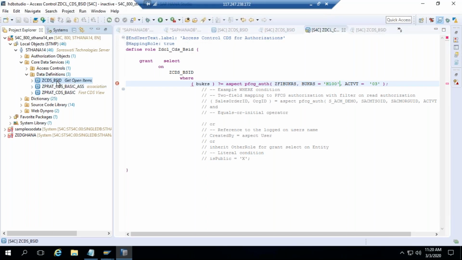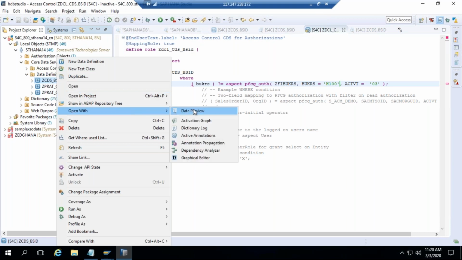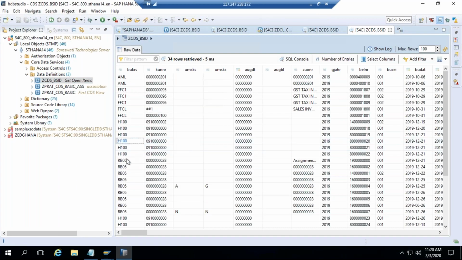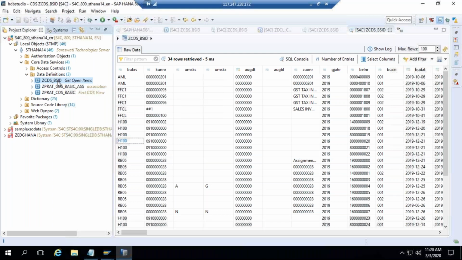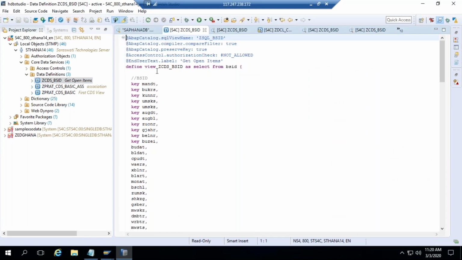Now apply this CDS and open with data preview, and it is displaying all. Normally it will work like this only, guys. Access control CDS,